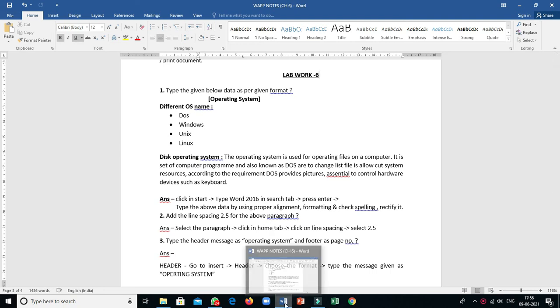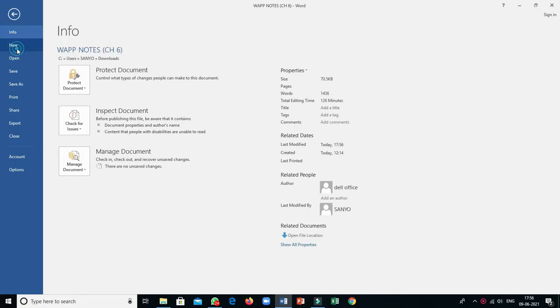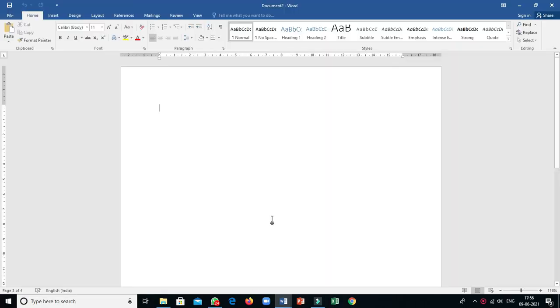Now this is the new file where you should write the operating system. It should be typed in bold and center. Here the bold is there, and you make it center by clicking center alignment.